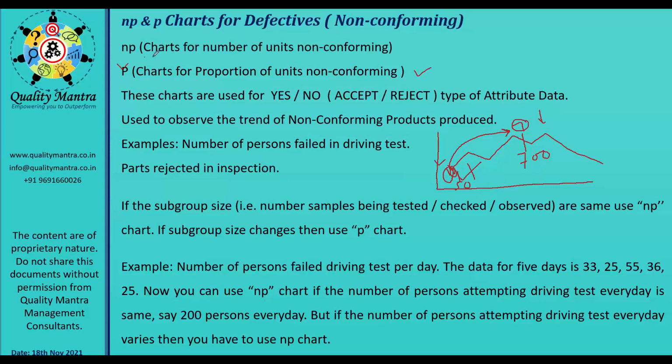Whereas the number of units manufactured is the same or your subgroup size is the same. For example, you are collecting 5 data for testing. Every 100 data you are collecting 5 data. This is constant, and out of that you are finding out how many are reject and accept. Or every day you are producing say 150 units. It is constant. At that time you can use the NP chart, number of units non-conforming. But when the denominator keeps on changing, the number of production parts keeps on changing, you are going to use the P chart. That is the difference.